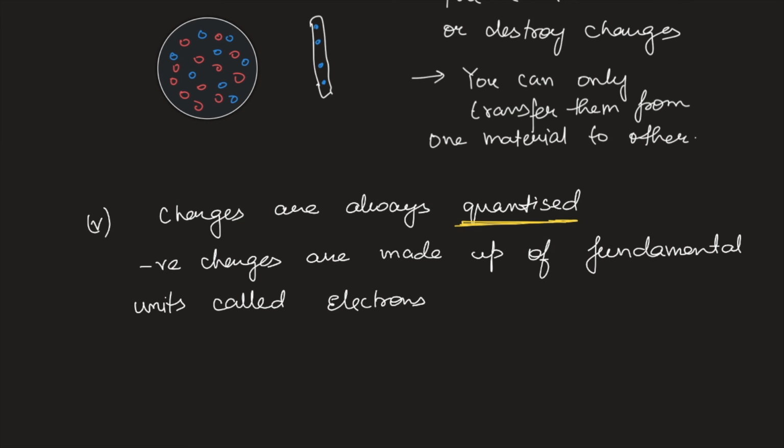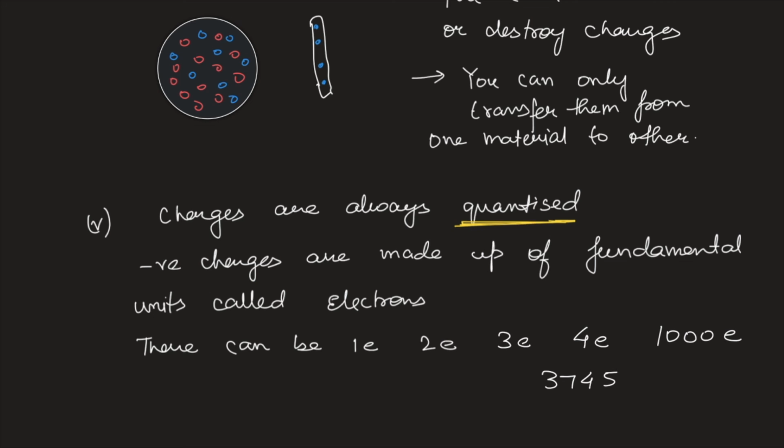Now the idea is that there can be one electron or two electrons or three electrons or four electrons or 1,000 electrons, or 3,745 electrons,